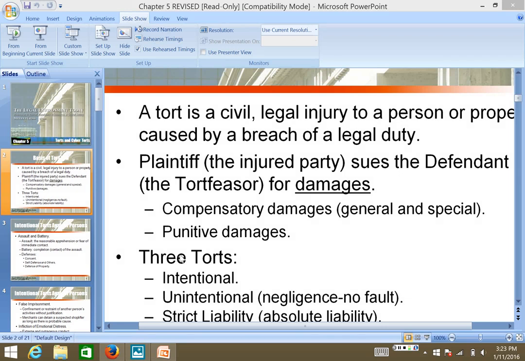Punitive damages are awarded only for intentional type torts, conduct that was not accidental in nature. It either has to be intentional or very reckless and callous type of behavior, such that you didn't care whether